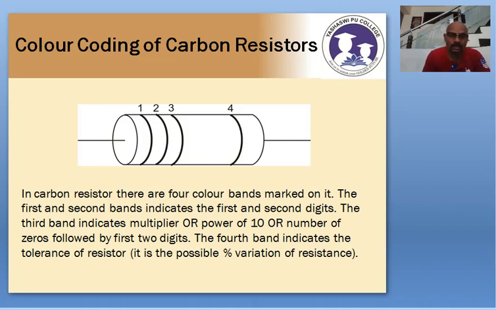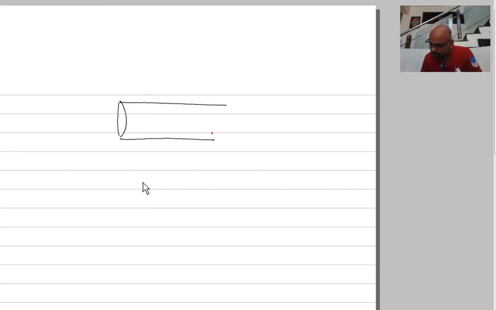So, dear students, to understand this very clearly, now look at this explanation so that perhaps you will understand it very clearly. See here, as I told you, there will be a carbon resistor. Say this is a carbon resistor. And as I told you, there are 4 rings on this one. These are the 2 leads for the connection.